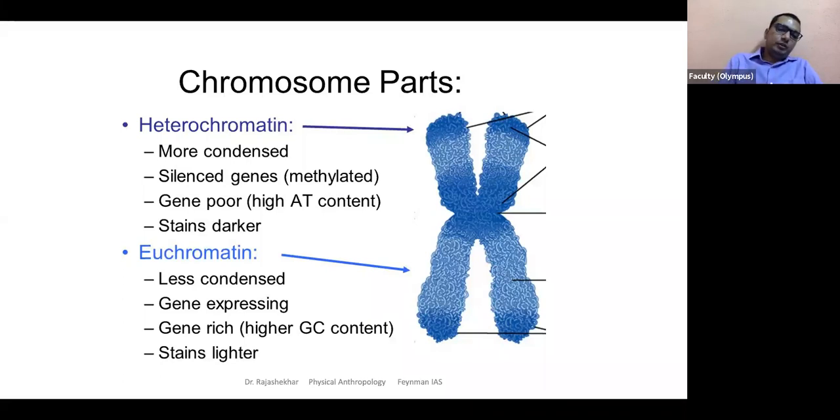What is the difference between euchromatin and heterochromatin? Euchromatin means slightly less condensed region, a bit looser in a way. Here, what you notice, they are less condensed as compared to heterochromatin, which is more condensed, more tightly coiled. If it is tightly coiled, that region is called heterochromatin. If it is slightly loosely coiled, it is called euchromatin. And as you notice from the image here, can you differentiate this pattern? Can you tell me which of these regions are loosely coiled and which are tightly coiled?